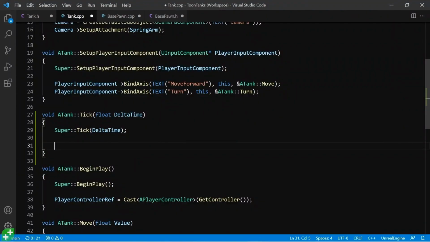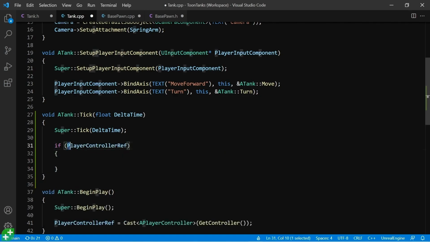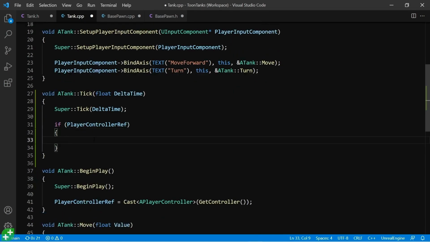So why don't we go ahead and attempt to call this function? We first want our player controller. And thanks to what we did here in Begin Play, we have PlayerControllerRef. Now the first thing we should do is check to see if PlayerControllerRef is valid. We can always pass a pointer into an if statement. It'll return true if the pointer itself is not a null pointer. If it is a null pointer, it'll return false in an if statement and will never reach the inside of the if statement. It's always a good idea to check our pointers and make sure they're not null before we use them. Now we're going to get our PlayerControllerRef, and we're going to use the arrow operator to